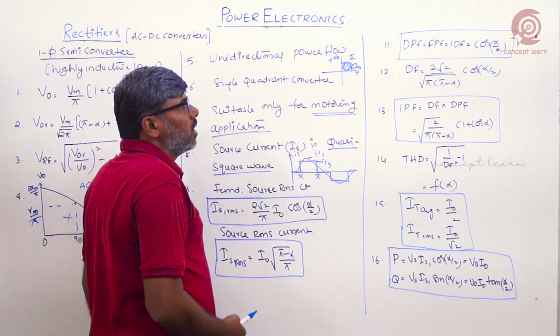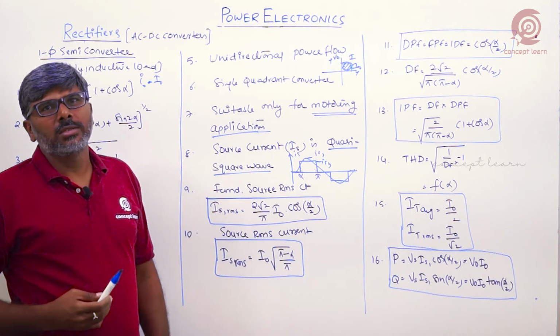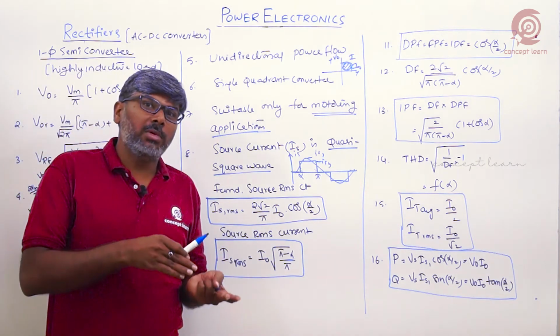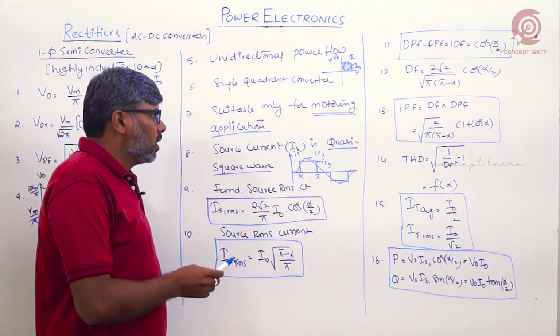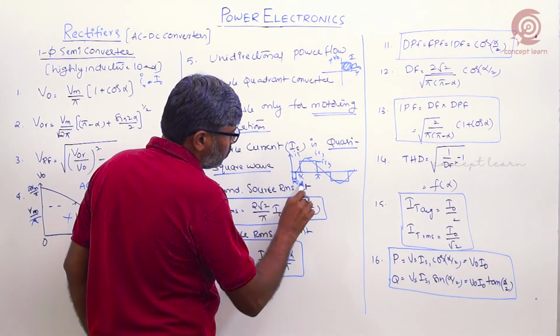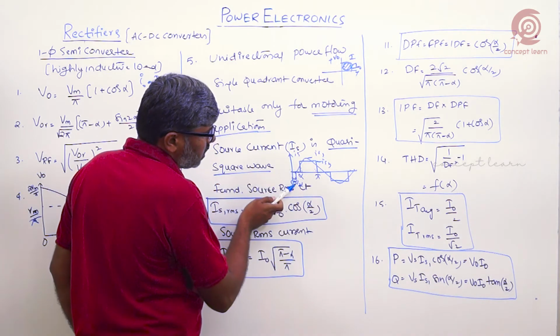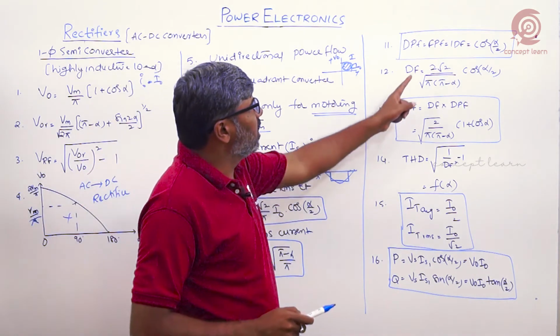Now coming to the fundamental power factor. We know that the fundamental power factor is the cosine of the angle between fundamental voltage and fundamental current, right? Now when you come to the fundamental current, this is the waveform, it is shifted by alpha by 2. The cosine of the angle between these two, fundamental voltage and fundamental current, is cos alpha by 2. That is the fundamental power factor.